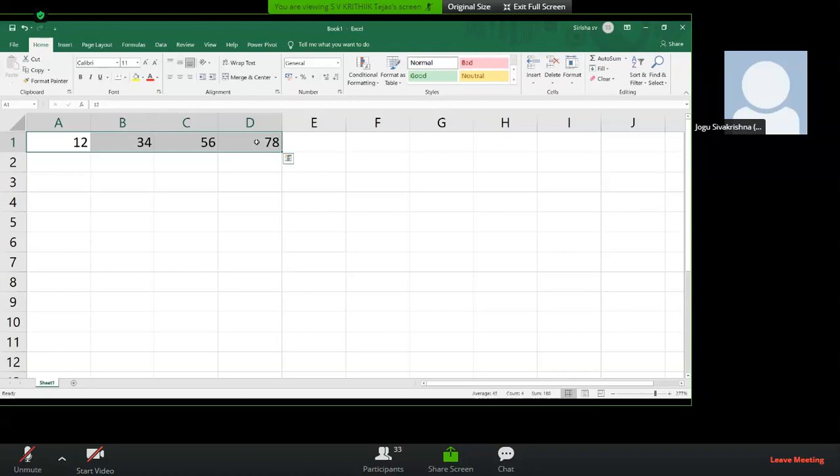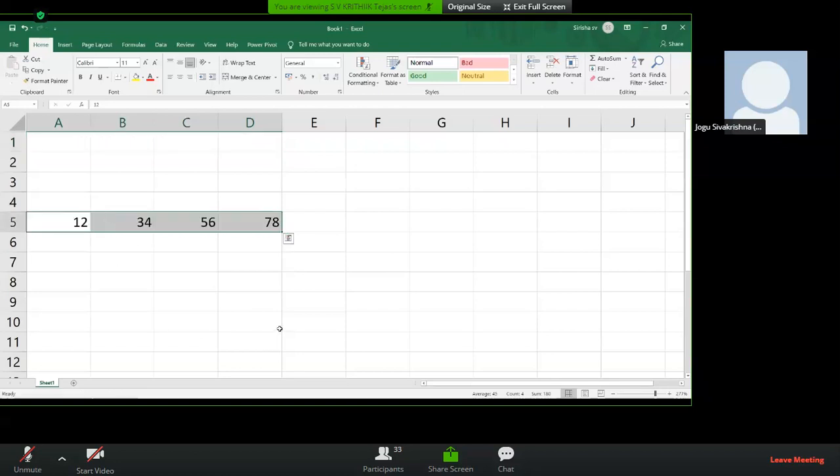Drag down. Okay, so you can see there on the screen some numbers there.